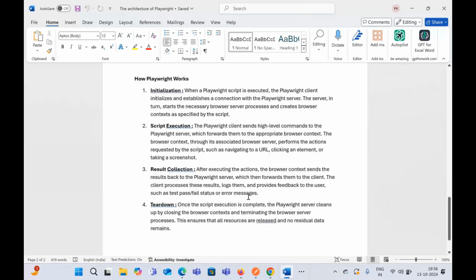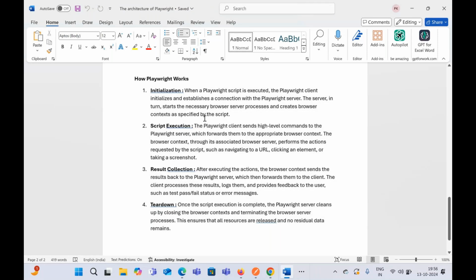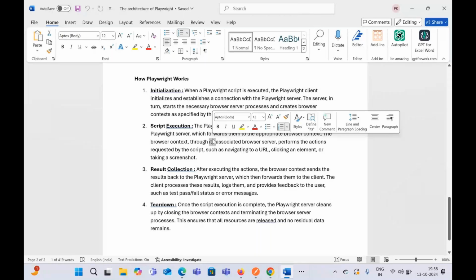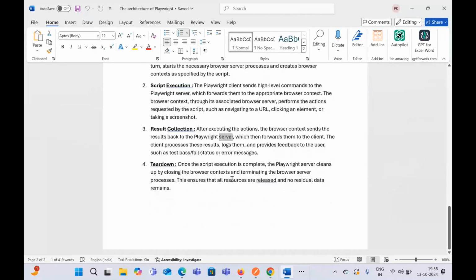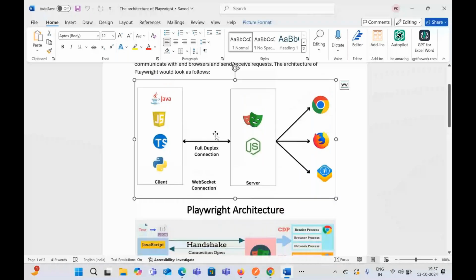And this is the flow that I was just trying to make you understand. First, a connection is established between client and server, the script is executed, all the results are collected, and at the end the connection is terminated. So this is a general, basic architecture, which again depends on the client and server. But the only difference between the Playwright and Selenium architecture is that in Selenium architecture we have one more layer known as the web driver, like the browser driver. So what will happen in terms of the browser driver is,